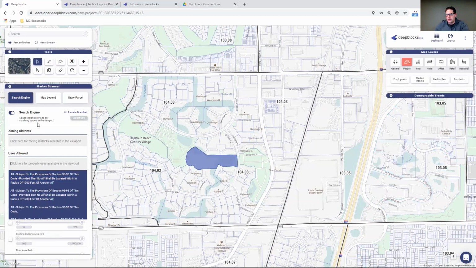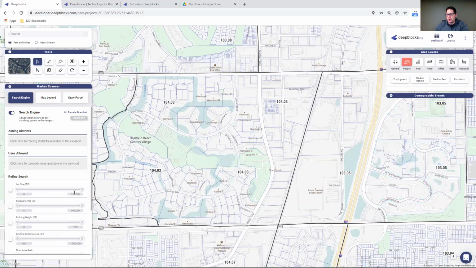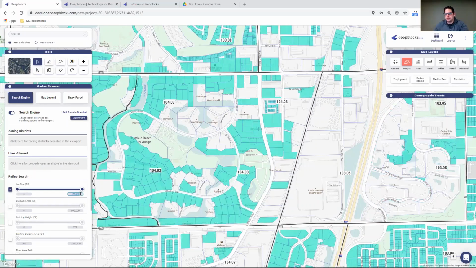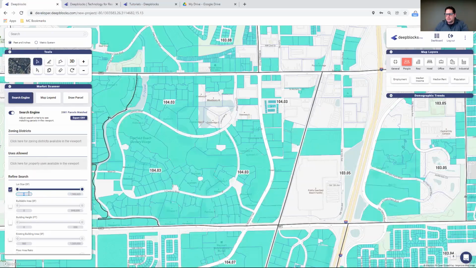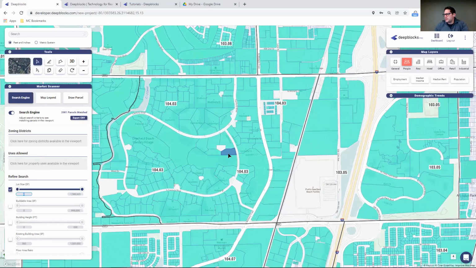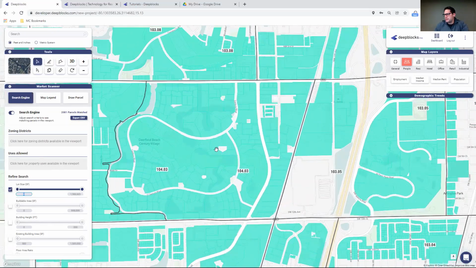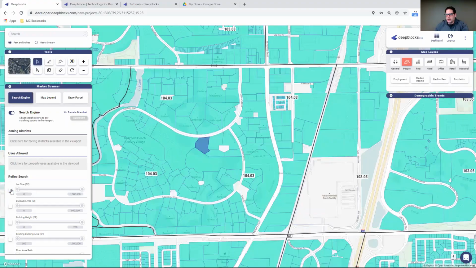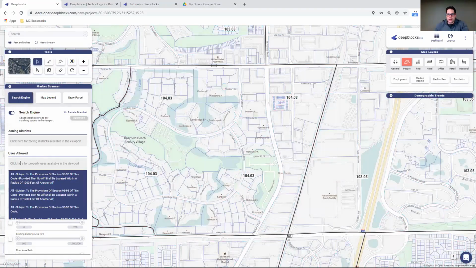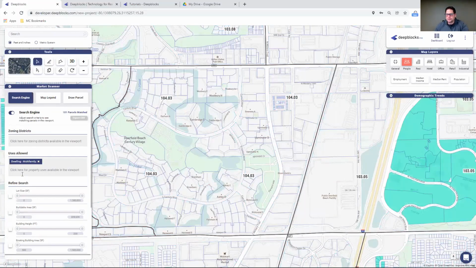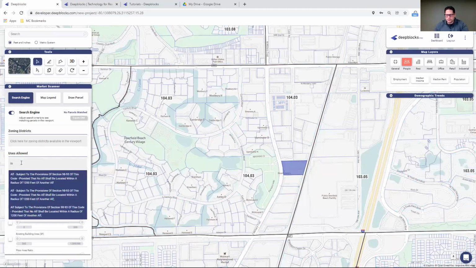And just to give you a little bit of an idea of how many parcels total we're looking at, we're looking at about 2,000 parcels in this particular part of Deerfield Beach. And those that are zoned for multifamily, down to 100 right there. I just want to see if there's any industrial plays as well.